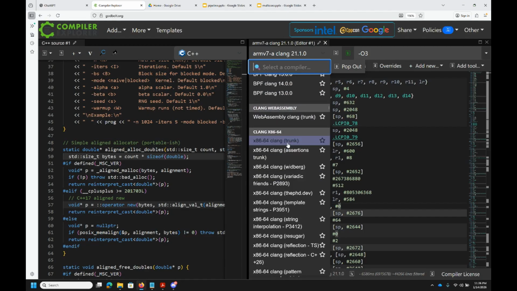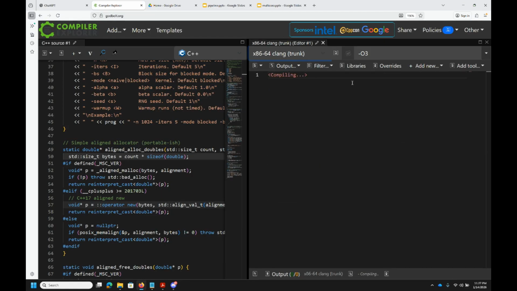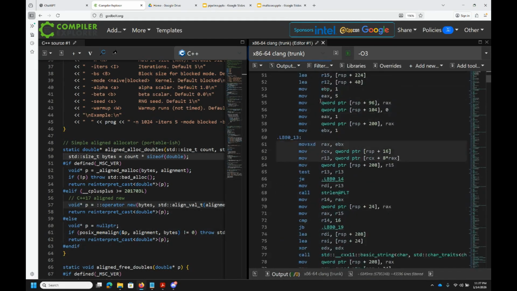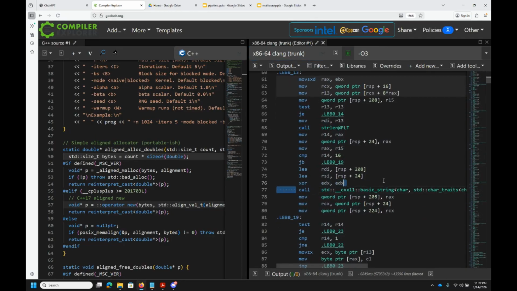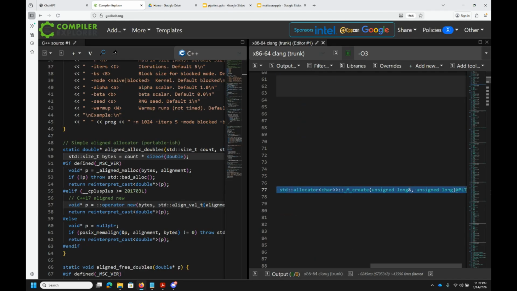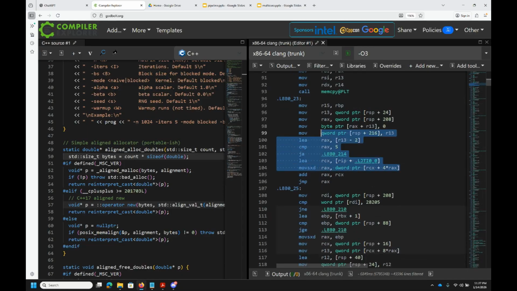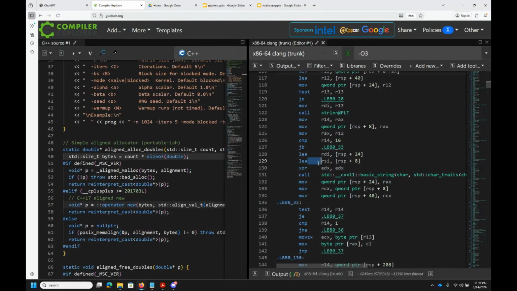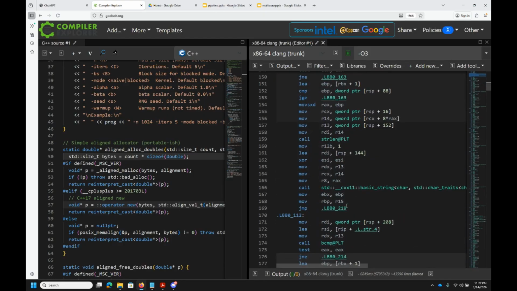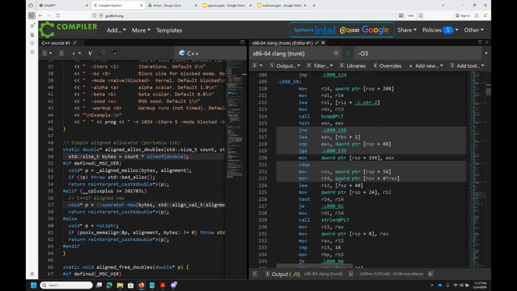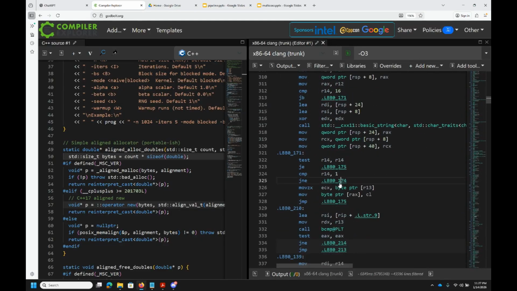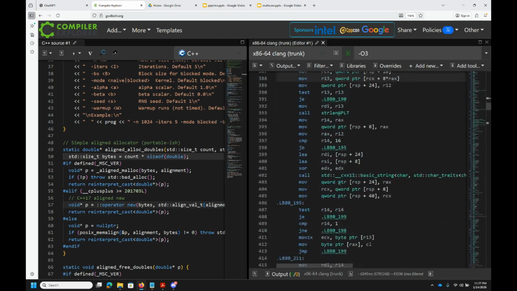So if we go to x86 Clang, let's take the trunk Clang, which is the top, the latest compiler that's available on the x86 side. You can see here that there are some really weird things happening, and some really long instructions. There's a function call, and there's one instruction where five, six different things are happening. So x86 is a more complex instruction set. It's not complex by design, unfortunately, because it was not designed as such. It evolved over a period of time, so there are a lot of compromises and hacked-on things.